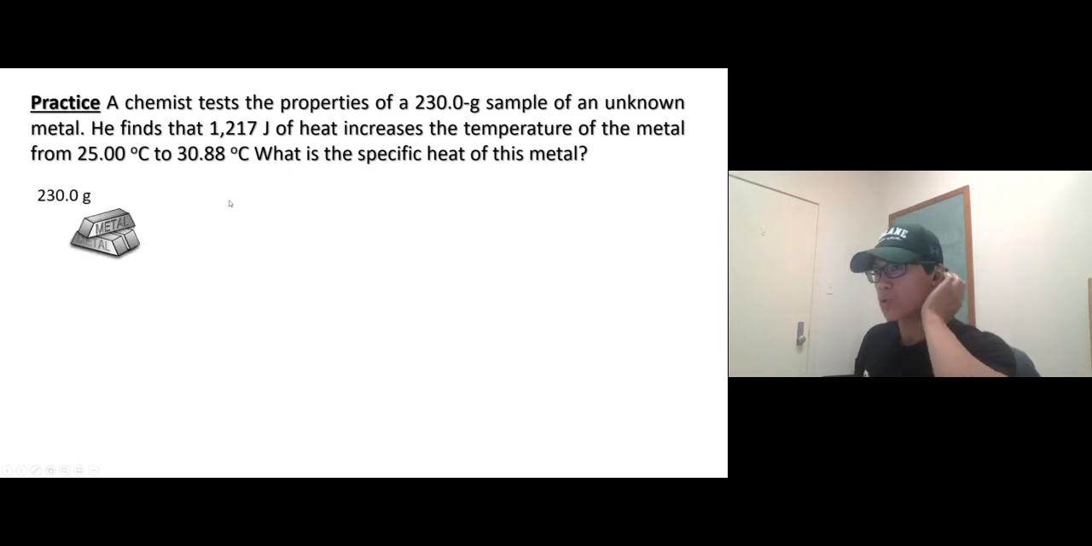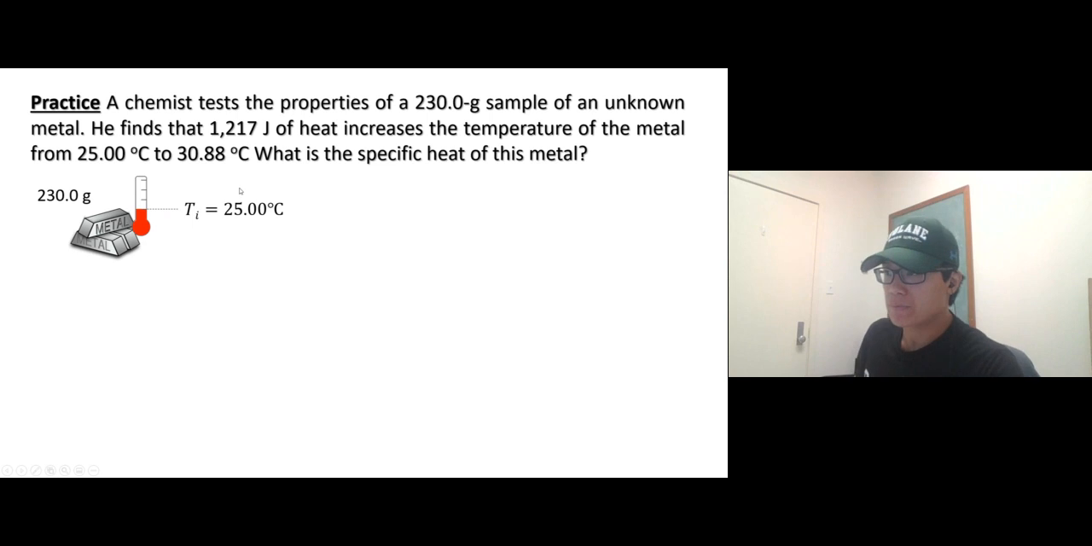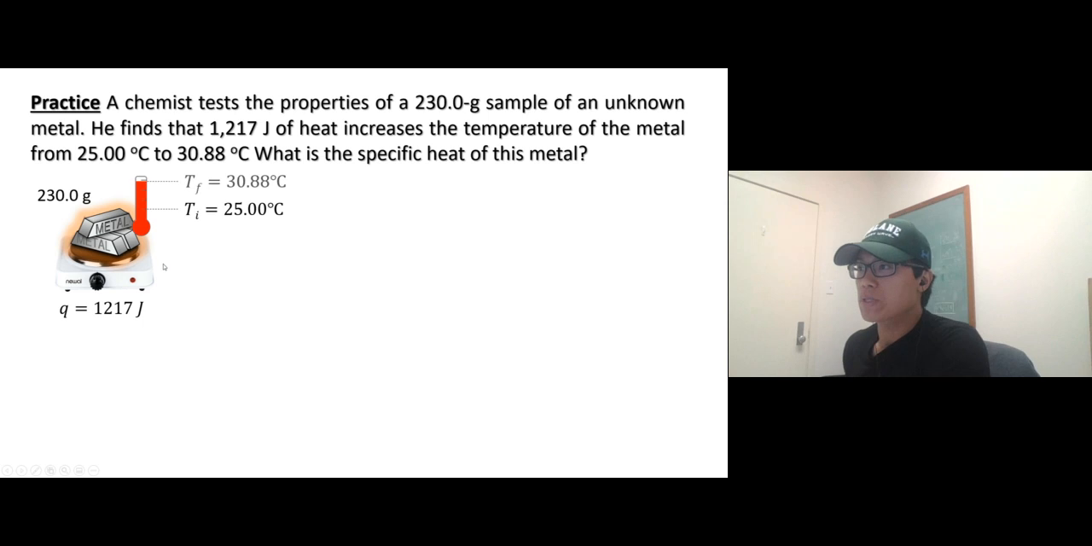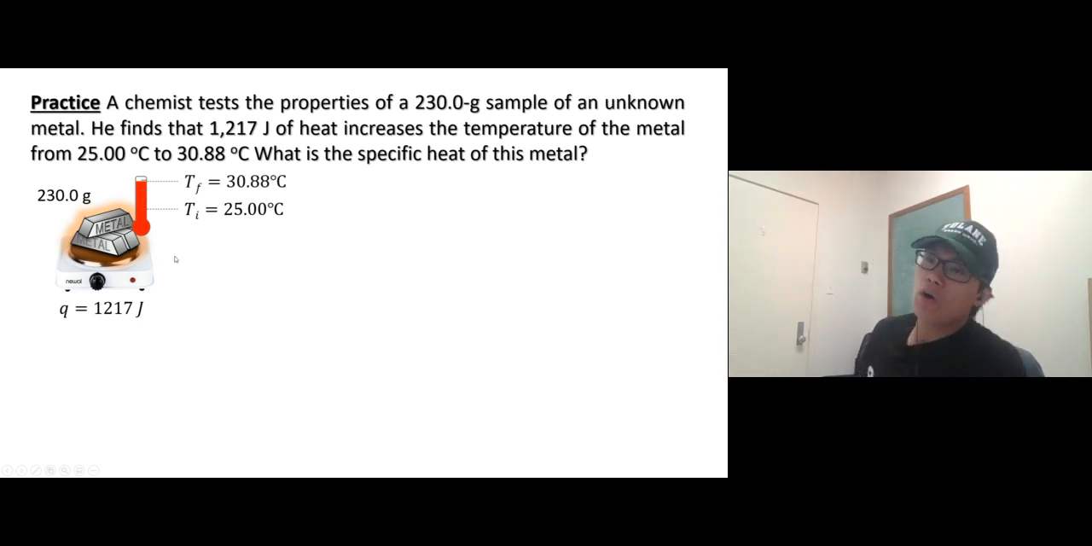Okay, so we have 230.0 grams of the unknown metal. The starting temperature, the initial temperature, is 25 degrees. And then we heat up this metal, right? So we add 1217 joules to this metal, and the temperature goes up to 30.88 degrees Celsius. Okay, so I know that I'm going to need the delta T, so I'm going to calculate